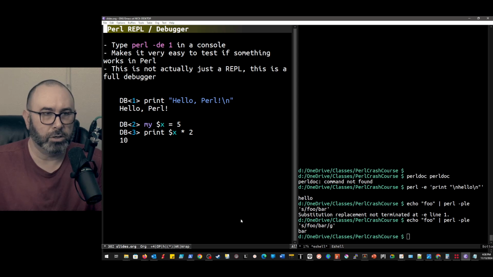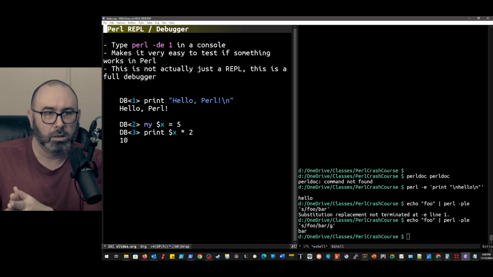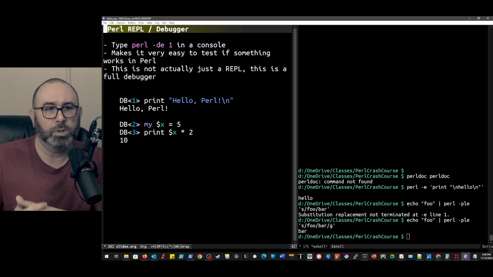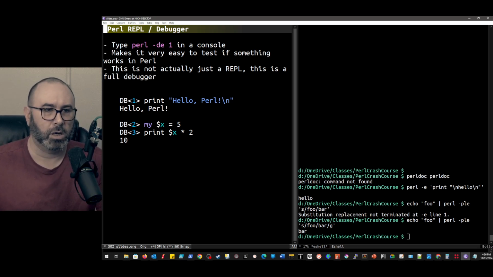Another thing we can do is perl -d. This is going to be the Perl debugger, right? We're not going to get into debugging in this course. It's an advanced feature, and you can read all about it in the Perl documentation. But this functionally gives you a REPL, right? So you can do something like what we're looking at here, where we're doing